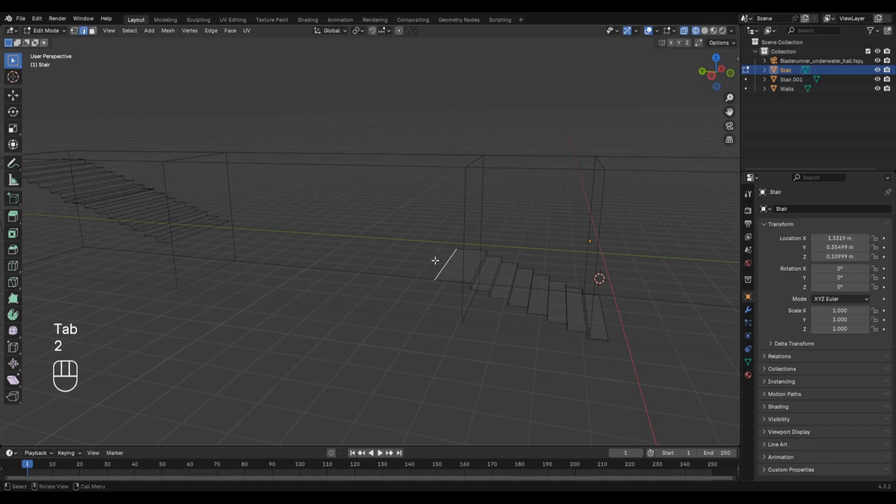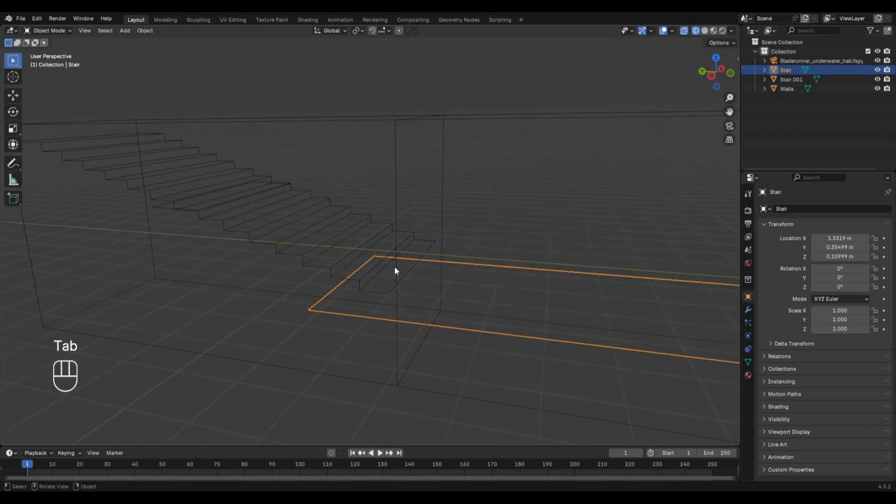This part is unnecessary as it's not visible from the camera. Make the floor and connect the stair with it.